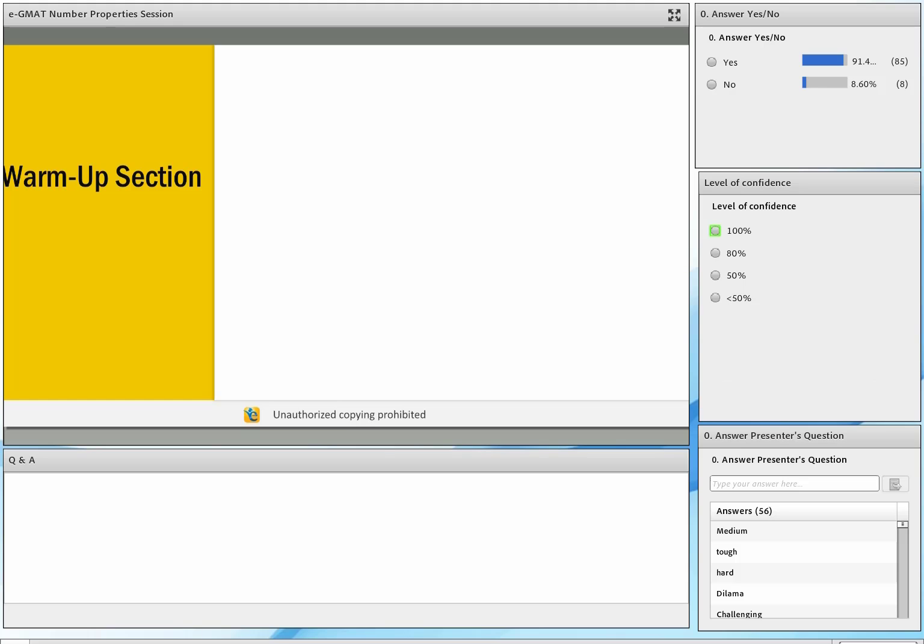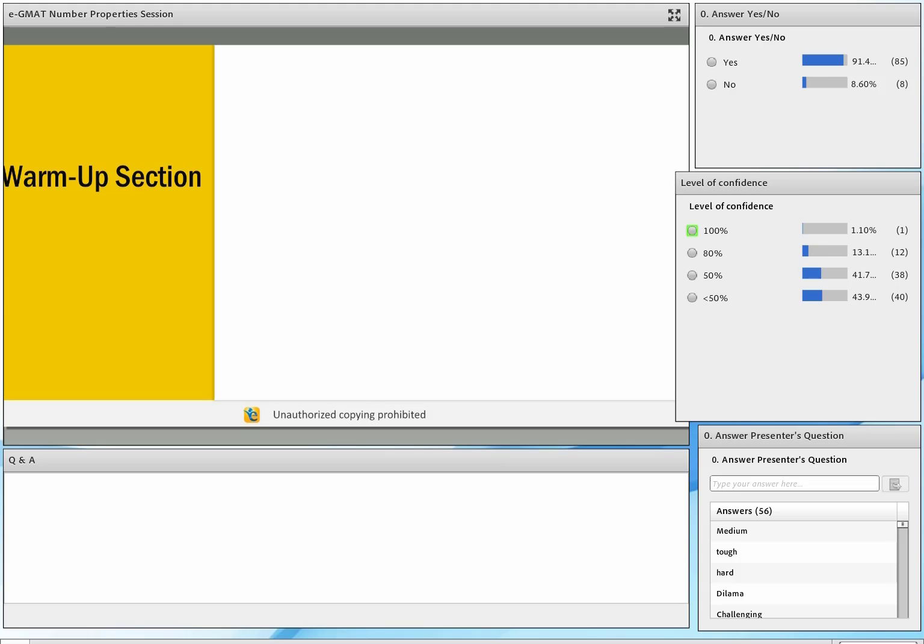Now tell me, what was your level of confidence? And I want you to quantify the feeling that you went through right now. Quantify it in terms of your level of confidence while solving these three questions. How confident did you feel? So I see there's only one person who felt 100% confident. That's good. And then 12 of you who felt 80% confident. Quite a few of you, almost a similar number of people, felt 50% or less than 50% confident. Okay. All right. And again, I'm going to ask you this question again towards the end.